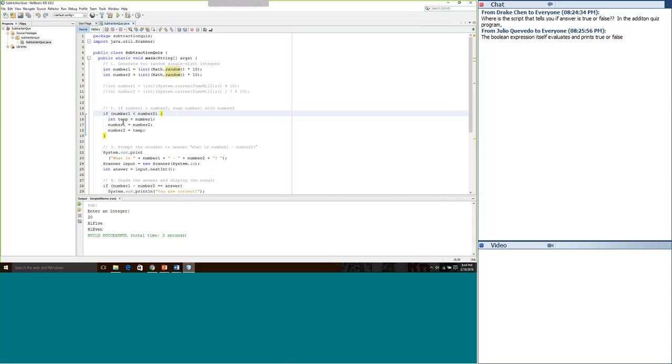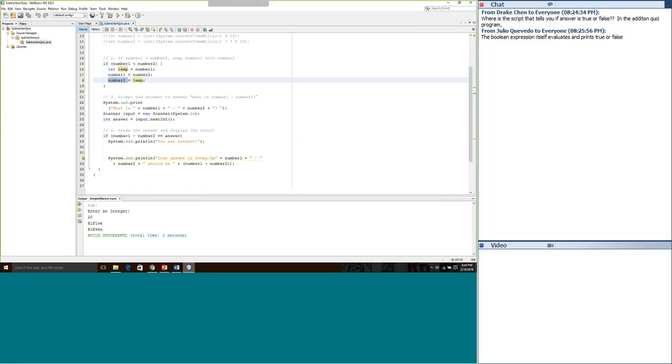And the way to do that is to create a temporary variable to hold number 1. So we create a temporary variable that's a hold variable, and we move number 1 into the temporary variable. Then we take number 2 and move it into number 1. And then once 2 is in number 1, we can take what's in the temporary variable, which was the old number 1, and put that into number 2. That essentially flip-flops the numbers. So now we have number 1 being larger than number 2. Now the first grader is not going to get confused.